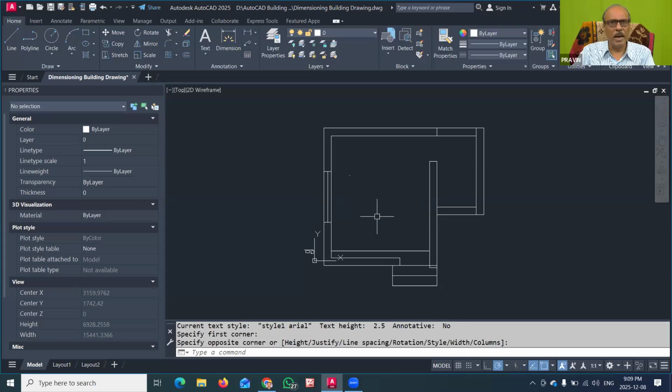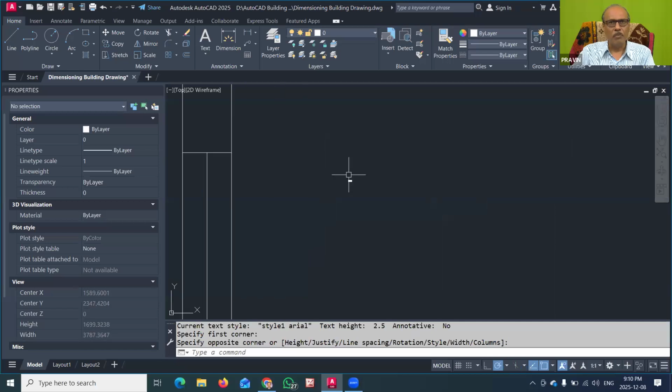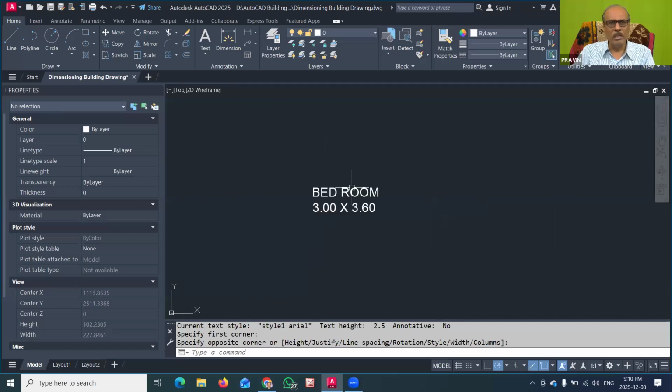You can again see the size of the text I have shown here is very small. If you enlarge it, you can see we have written it properly, but the proper size of this text is also important for the building drawing.